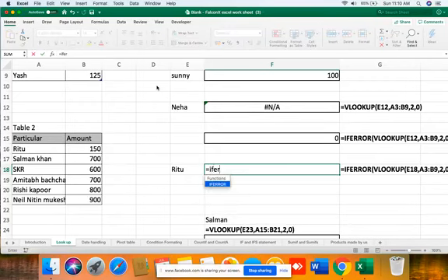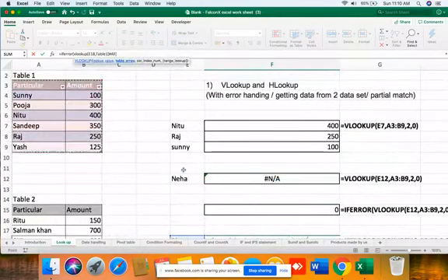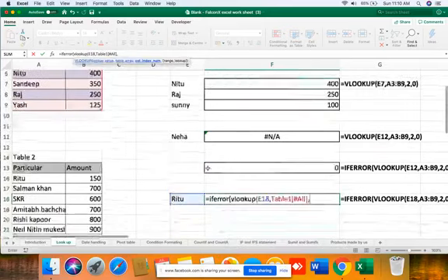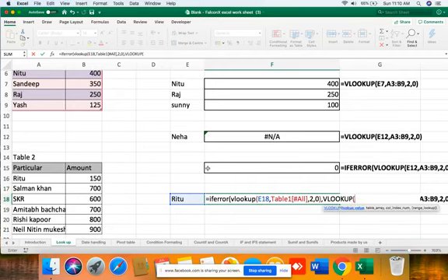IFERROR, first VLOOKUP, bracket open, lookup value is this, first table array, this is your first table array, 2 because we need the second column, bracket close. Now in the value if error, we will again put a lookup value which we will find in the second table.